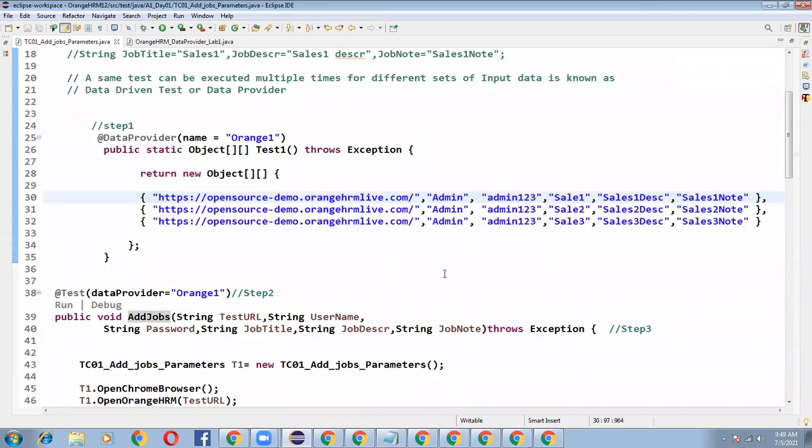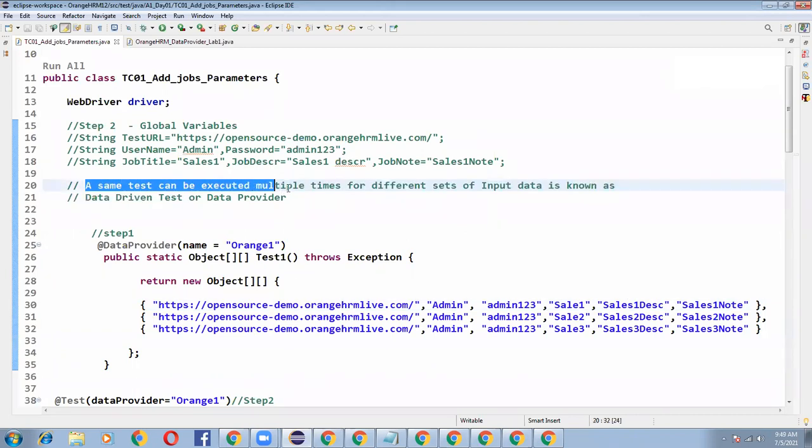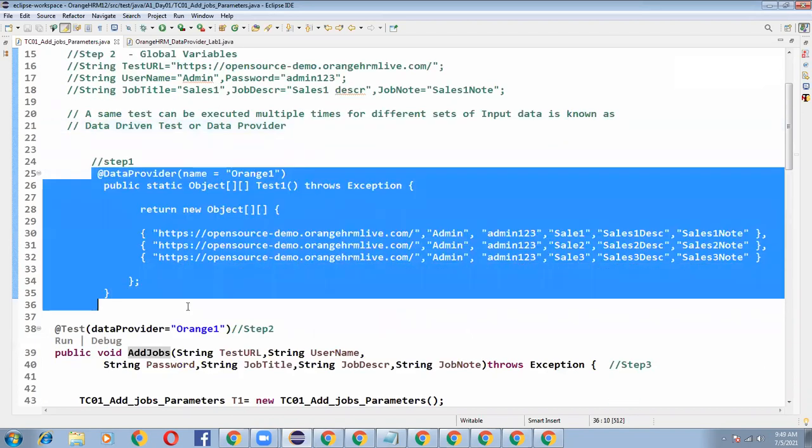That's it. So what does a data provider mean? The same test being executed multiple times for different sets of input data is known as a data driven test. So nothing but your data provider. The data provider syntax is like this. You need not remember any of the lines. Simply you can copy and paste it.